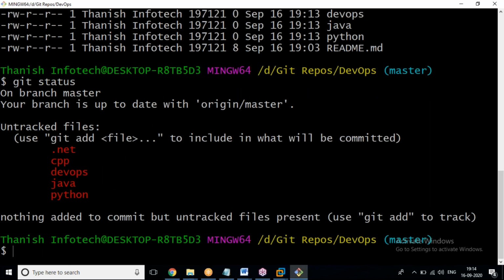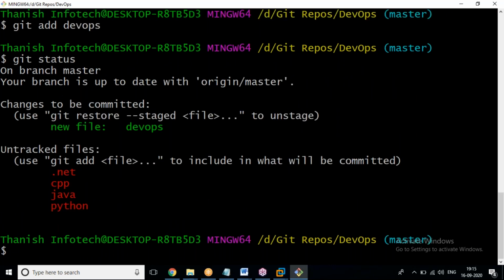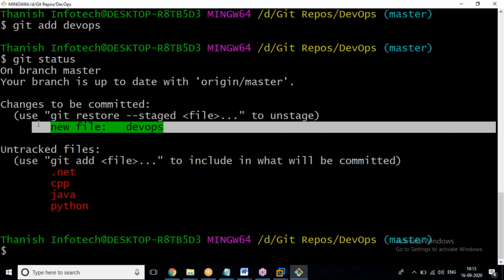I'll explain that tomorrow. Now git add DevOps, then git status. The file is located in one location, and now we are sending this file to another location, a third location.